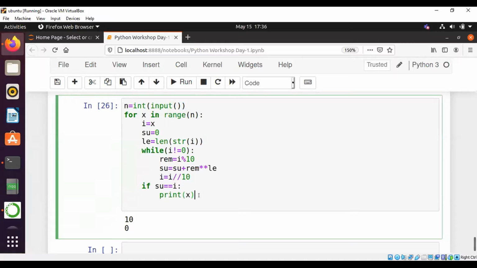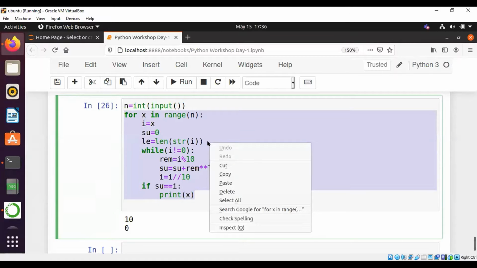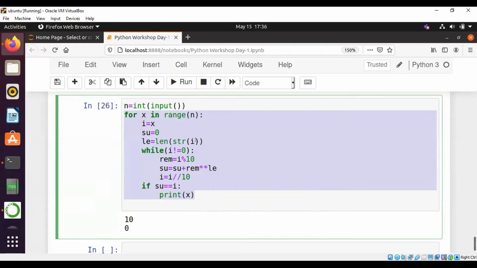Okay, I will tell you the code completely. Let's see for one number.